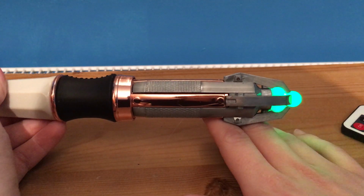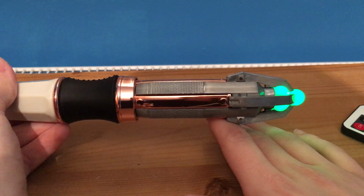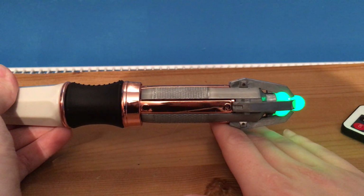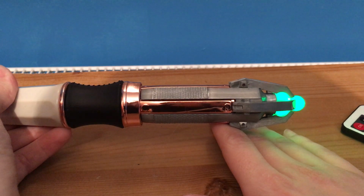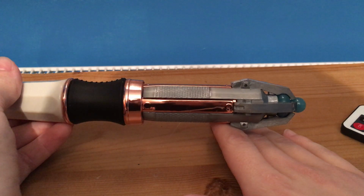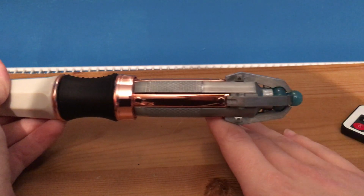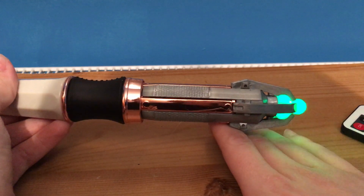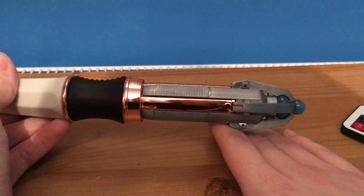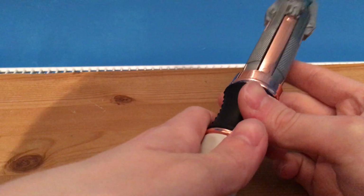Right. Practice mode. Turn it off. What happens if we turn it on and hold down the power button? Practice mode. It's doing the same as the 12th Doctor. Right, okay. Control mode. Quiet. FX mode. So it does light up, so...